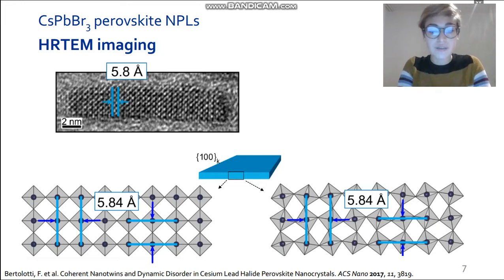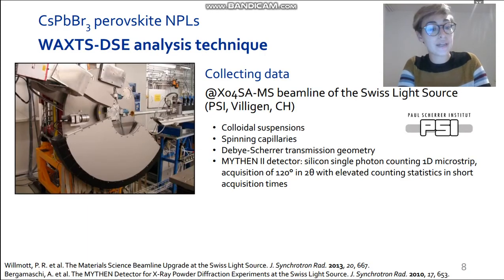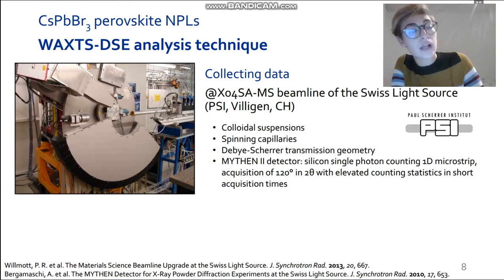However, in the orthorhombic structure, the tilt of octahedra is below the resolution limit of TEM. Therefore, the structural polymorph cannot be directly assessed by high-resolution TEM. The wide-angle X-ray total scattering methods, WAXTS-DSE, are able to model both Bragg peaks and the diffuse scattering intensity, and applied to high-resolution data, made possible the quantitative determination of cesium-lead bromide nanoplatelets' structural properties, as well as sizes,